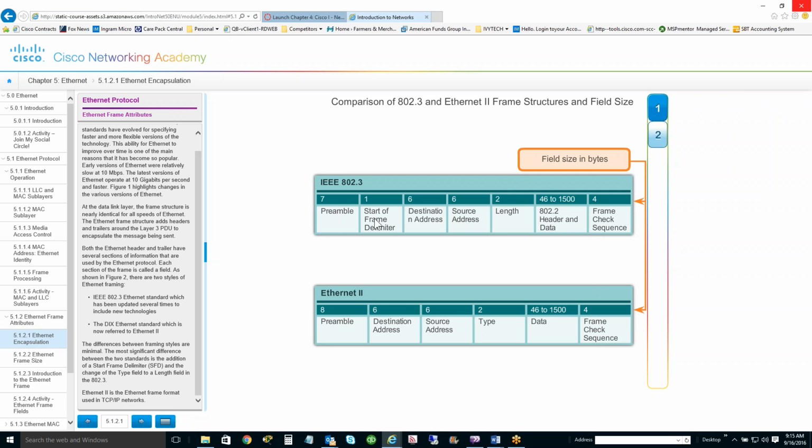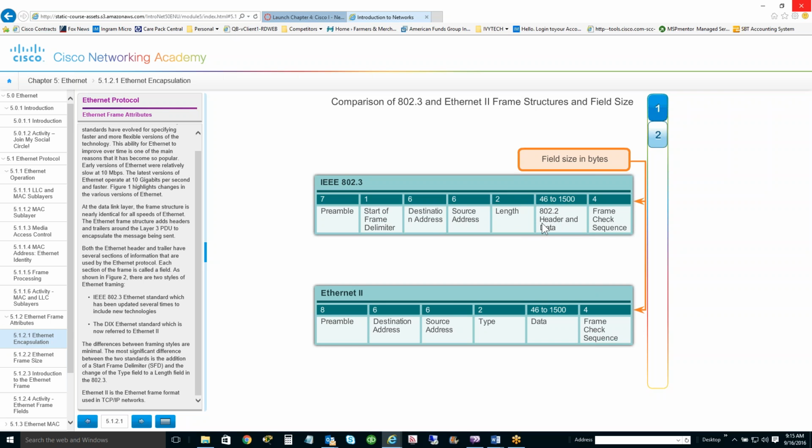There's something that's going to tell you the frame is starting, which is usually the preamble and the start frame delimiter. And then you have a destination MAC address, a source MAC address, and a length to tell you the length of the payload that's about to come, whether it be 46 to 1500 bytes, and then the header and